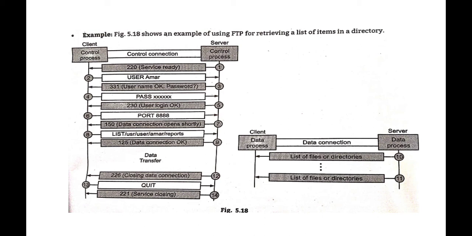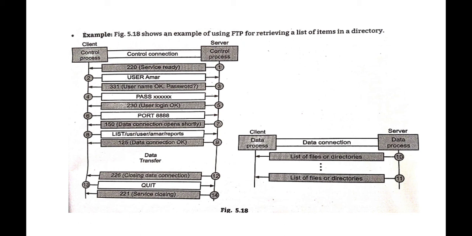Okay, and it sends to whatever port number was received from the client. It receives the client port number 4 times 8. Then the server sends the data from its port number 20 to the 4 times 8 port number. It means that data transfers from the server PC to the client PC, that is, from port number 20 to 4 times 8. Then it sends the response 150, data connection will be open shortly. Then it responds that the data connection is open, and now we transfer the data to whatever you request.